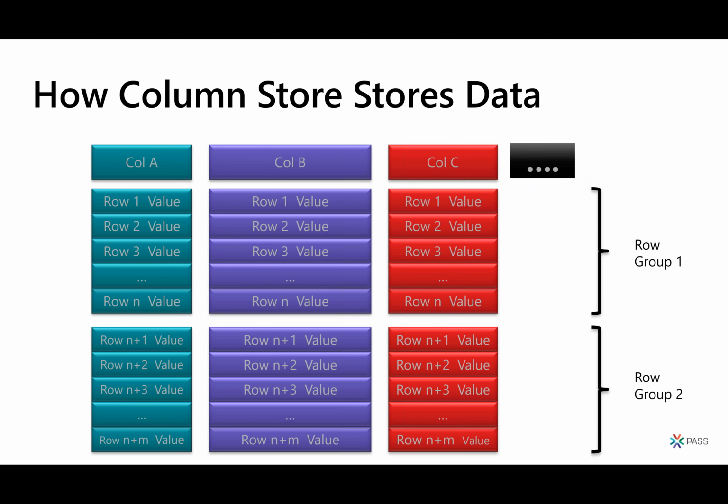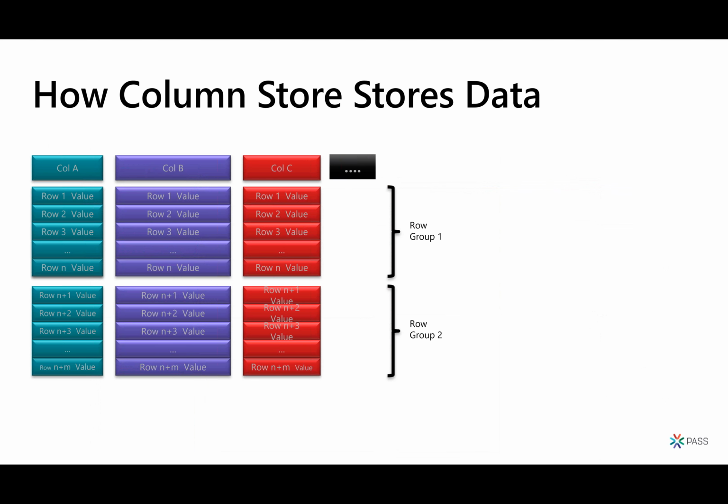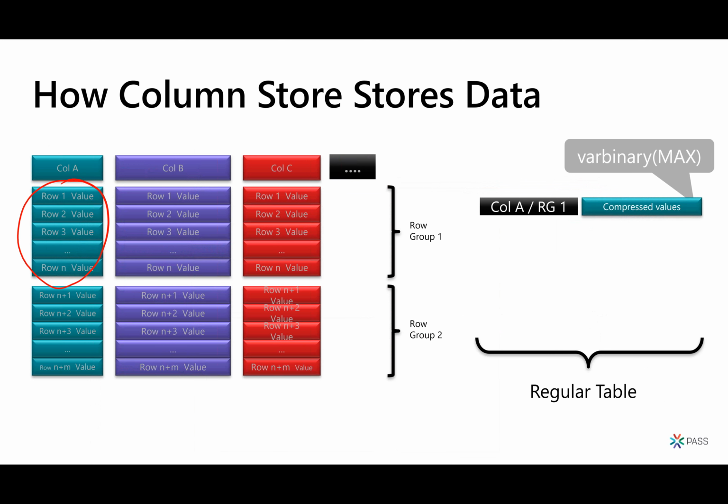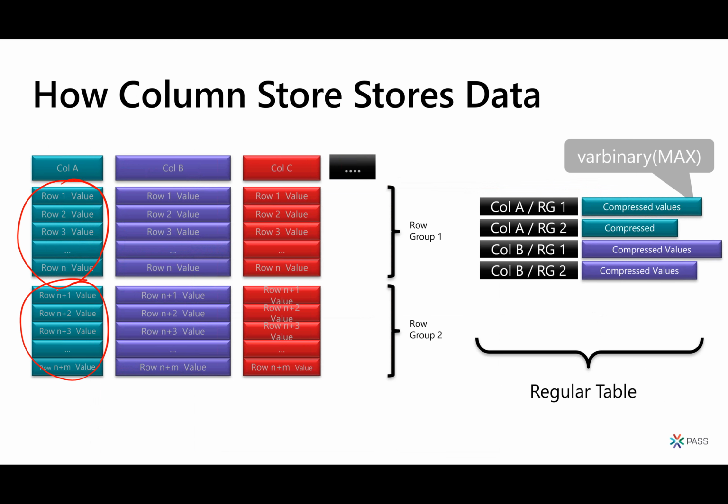So that's the way. If we take that aside, the way column store actually works is it now takes that piece here and puts it in a regular table. It takes the whole column, 1 million entries of a column, and compresses it into a var binary max and puts that in a regular table. And then it does the same with the second one, and then the next column, and so on till it's all done. Yeah? And this is a regular table, and you can actually query that table and look at the